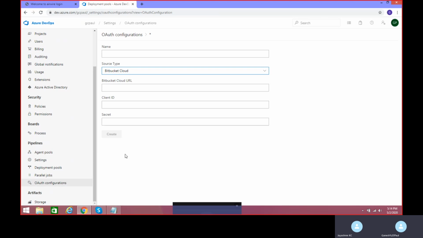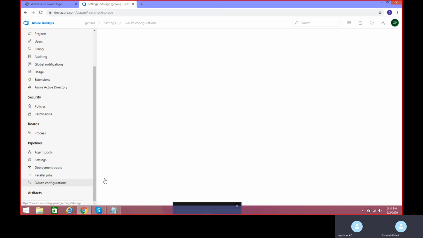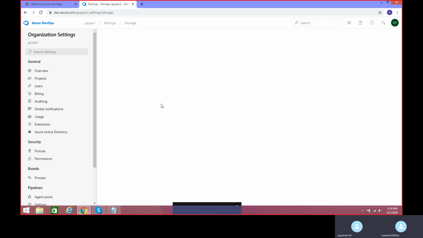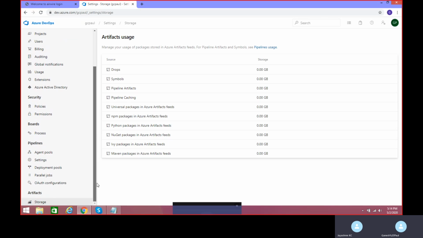Okay. Then let's go to storage, artifacts under storage. Yes, we have the artifacts term inside our Azure DevOps project, which is usually called Azure Artifacts, right? So what does this Azure Artifacts mean? Azure Artifacts means the build that is getting generated from the code. I'll show you how your build will look whenever we run the pipeline and have the actual build. And to store that build, what is the format that Azure DevOps will provide? These are the artifacts usage that you will be seeing based on the build.